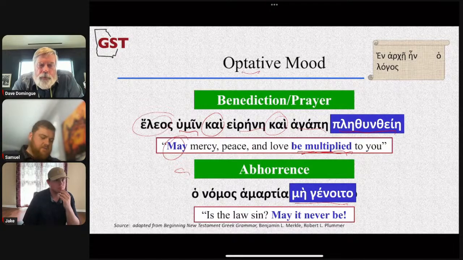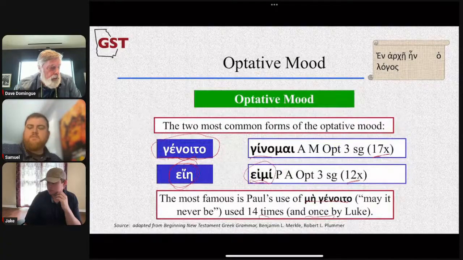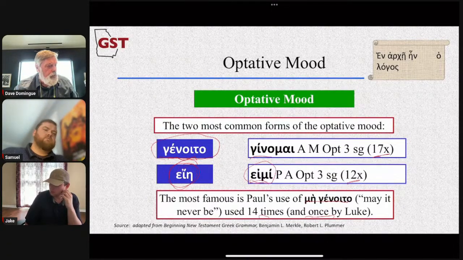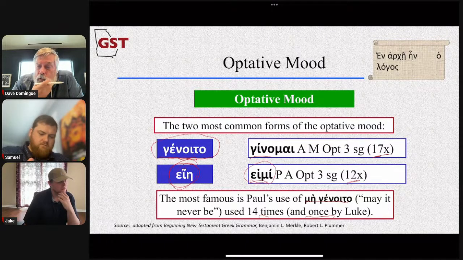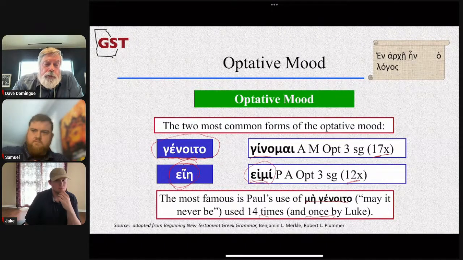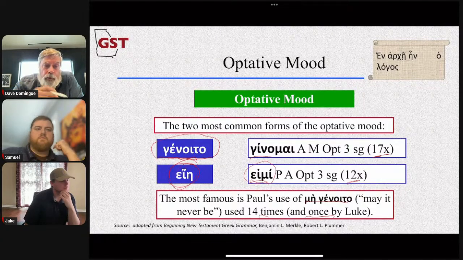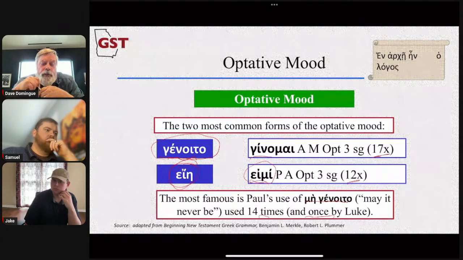It's only used 68 times, so it's not used a lot. I remember seeing a list, but I don't remember where it is. Me genoito was probably the one that's used most often or most recognized. May it never be. More of an abhorrence. I desire, I wish that this never be. It just can't be, kind of thing.